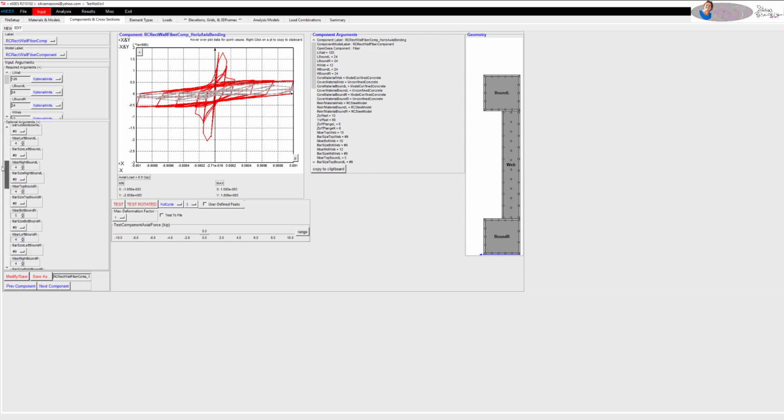You can play with the number of bars, the size of the bars, and as you can see, this little thing here just gets updated in real time. This is for a